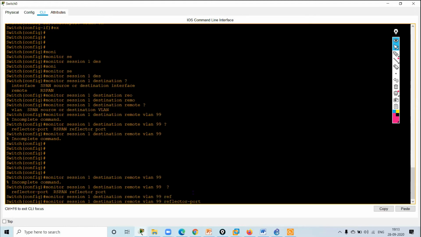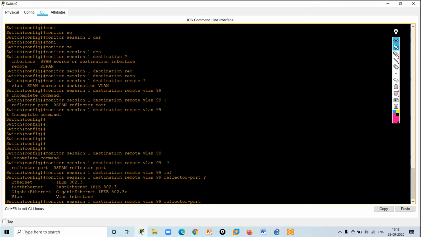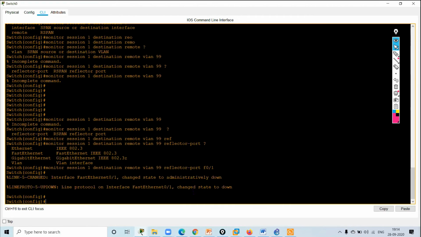Okay, the reflector port is FastEthernet 0/1. Suppose if I get